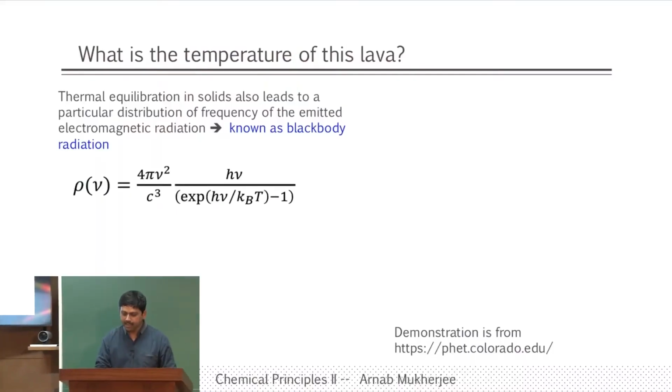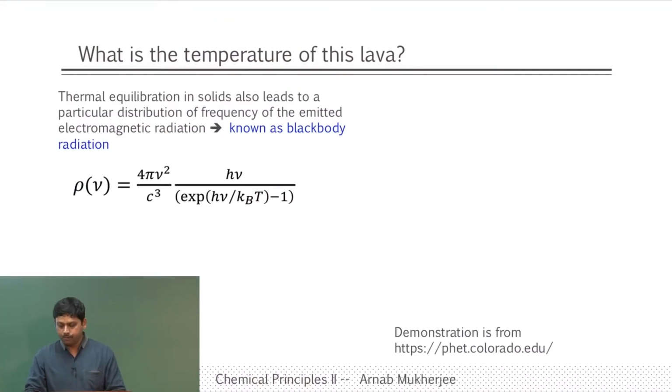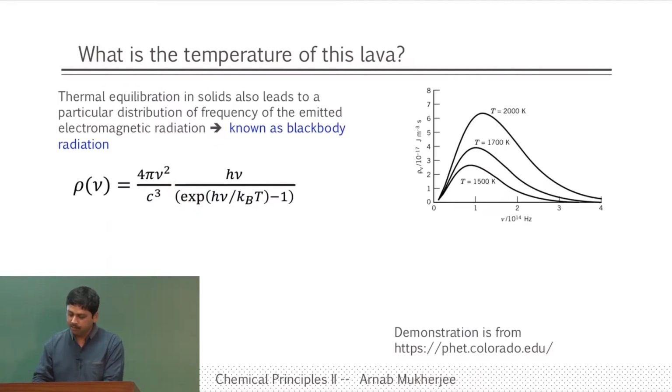Now it turns out that just like velocities, where all the particles will not have the same velocity, the emitted electromagnetic radiation will not be of the same frequency. There will be a range of frequencies in which the radiation happens, and that is given by a law called the black body spectrum. Surprisingly, it also looks very similar to Maxwell-Boltzmann, in the sense that if we plot it, you will see an increasing and then decreasing behavior. The nu squared term increases with the frequency, and this other part decreases with the frequency,